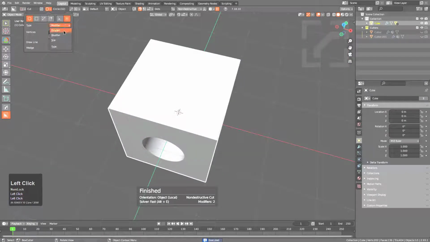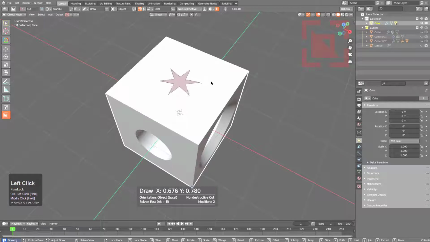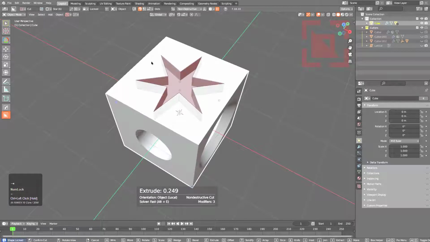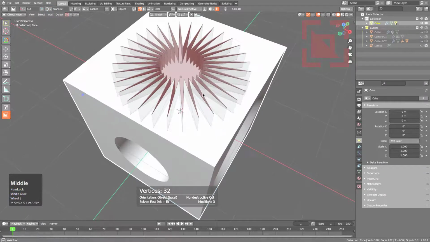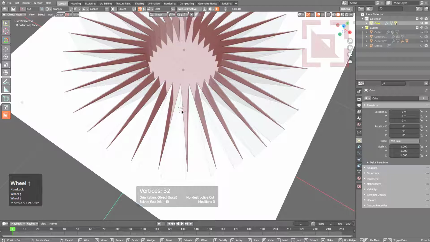The final one to talk about is star. Star is unique. Whenever you jump to star, you definitely want to jump it down to a lower segment count in order to get a nice result like a star, or else you will get a very unusual result with something like 64 segments. However, I do find myself having fun with this as well by just pressing B in